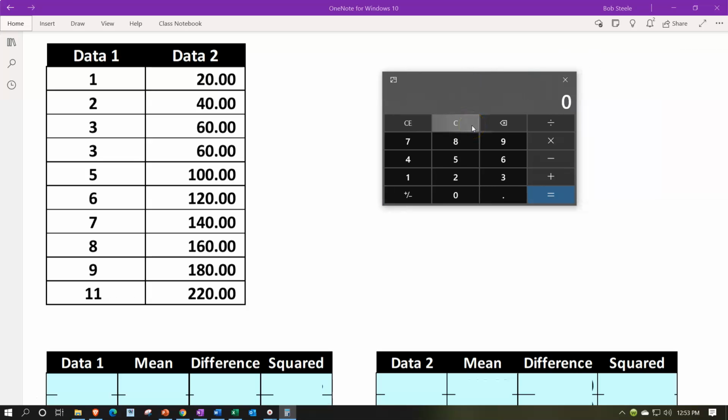Now, there should be some similarities with these 2 data sets. We would like our analysis to give us a pictorial representation of them to see what those similarities are. And you might see it here. The pattern is basically that data set 2 is just data set 1 times 20, right? 1 times 20 is 20, 2 times 20 is 40, 3 times 20 is 60, 3 times 20 is 60,